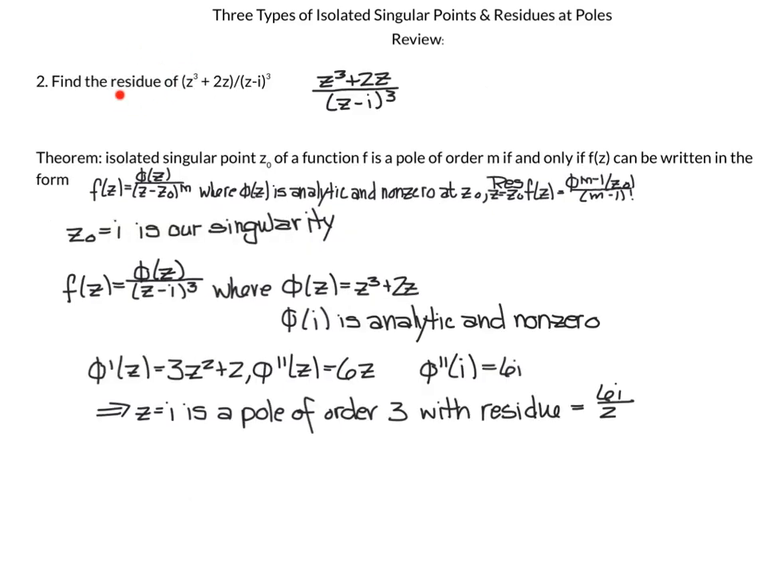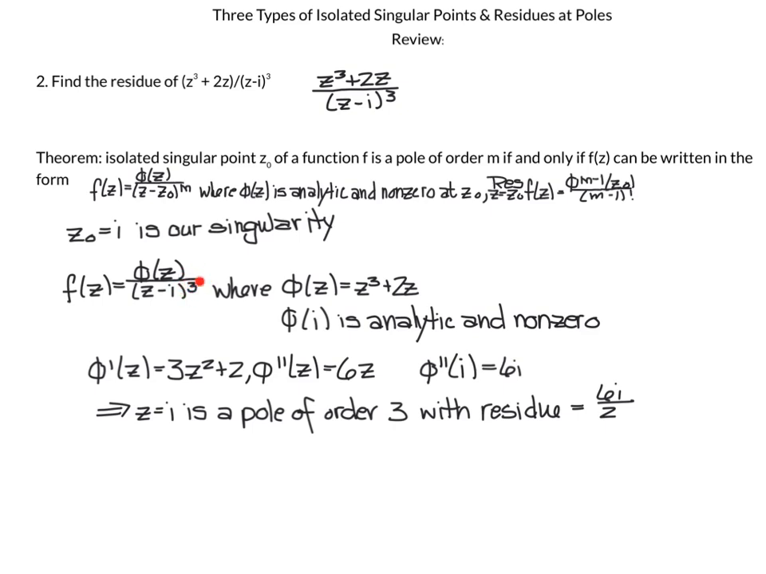This next problem, we were asked to find the residue of z cubed plus 2z over z minus i cubed. And this problem, I chose to use this theorem. It seemed to be working for me. So you can see our singularity is at z equals i. And so our f of z is equal to phi of z over z minus i cubed, where phi of z is equal to z cubed plus 2z. When we plug in our z naught into phi, that is phi of i, we see that it's analytic and non-zero. So what we have then is a